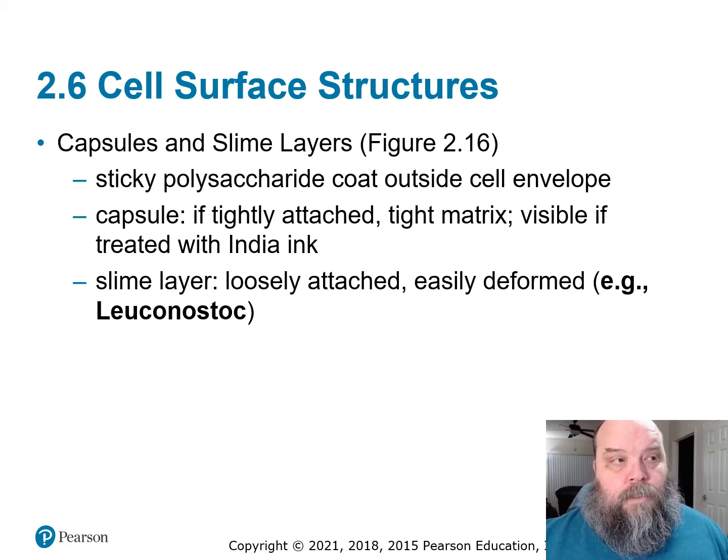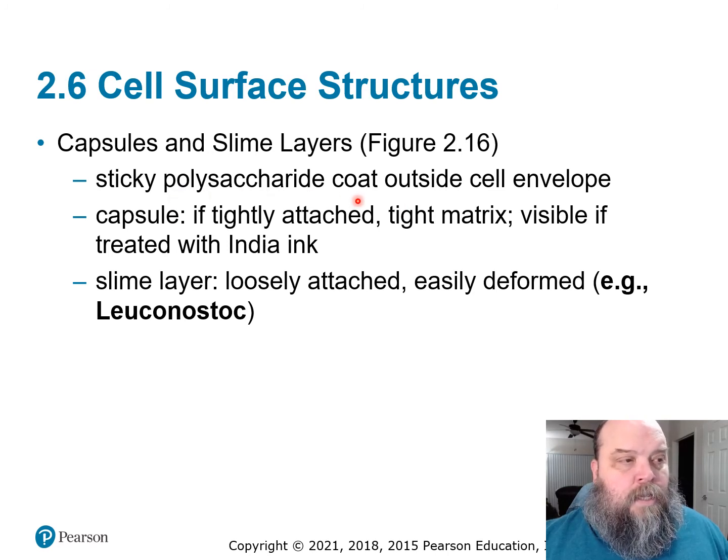Chapter 2, Section 6, Cell Surface Structures. Okay, we're going to be looking at things that are attached to the cell envelope but are actually outside the cell. The first ones we're going to be talking about are what are referred to as capsules and slime layers. These are going to be polysaccharide coats,